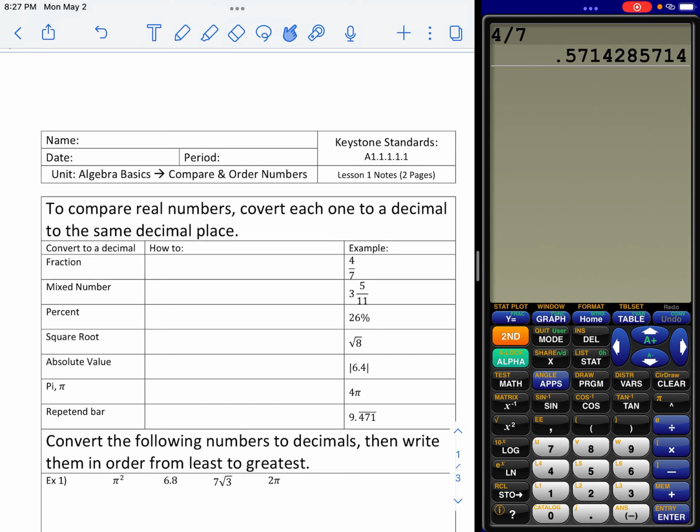All right, gang, so here we are with comparing and ordering real numbers. This should be a very easy lesson for you. A little bit of calculator work. Follow along in the video here, jot these things down, and then do the homework worksheet and submit that, please,